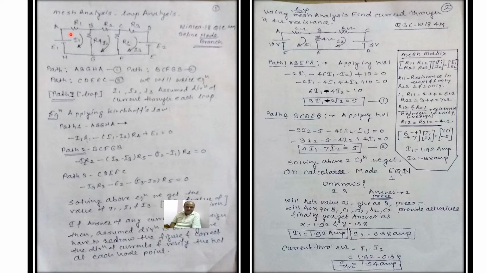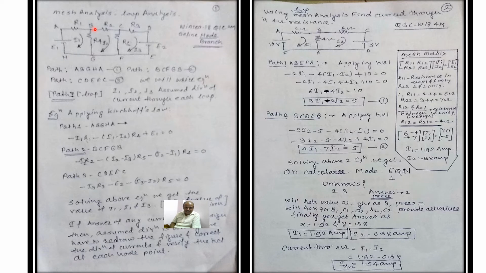Now what will happen here? These are A, B, C, D, E, F, G and H. You can name the figure first. Keep in mind that this is point A, this is point B, this is point C, this is point D, and so on. But the speciality of these points is that they are the reference nodes. These points are all the same. This is called the bottom node or reference, because they are all connected to the same line.